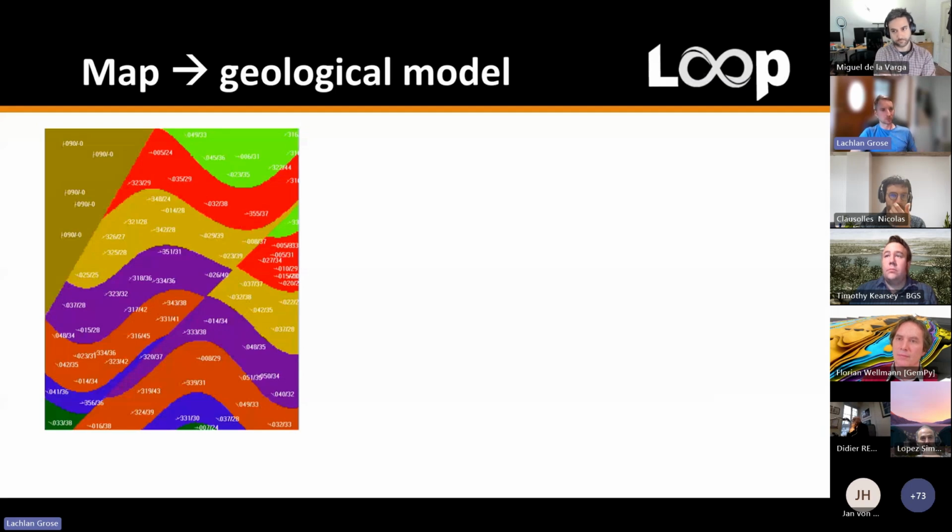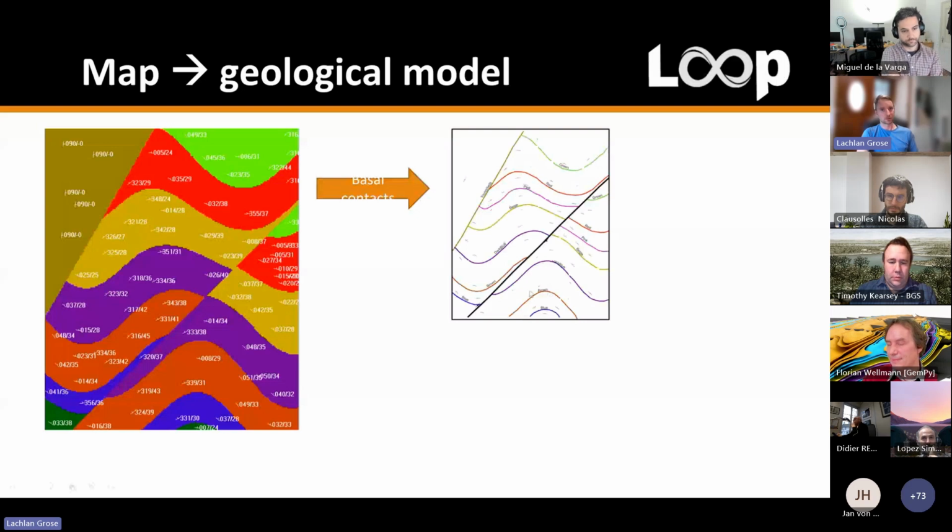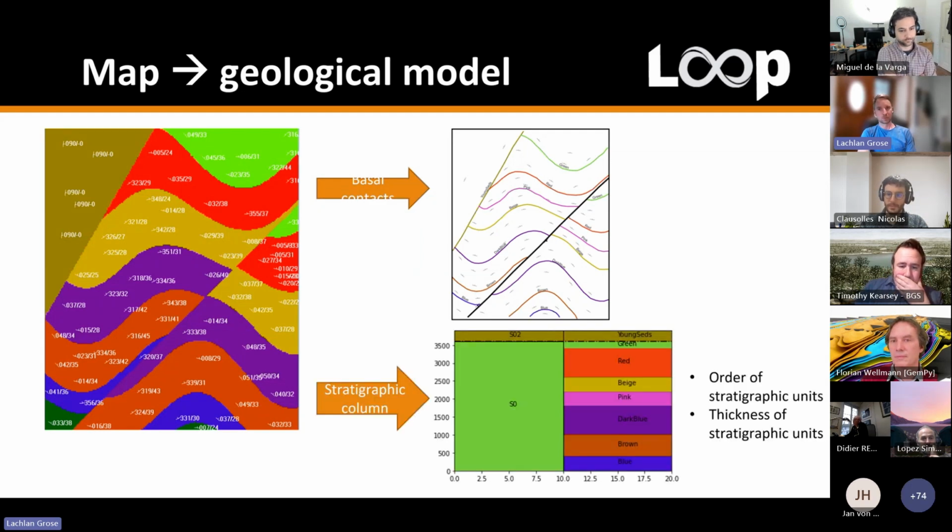For Loop, one of the other key aspects we have is this workflow of going from a map to a geological model that we call Map to Loop. So we basically deconstruct our map into the important components that are required for the model. So we extract out the basal contacts and the fault traces. So in this case, we have these younger sedimentary units that are overlaying the folded stratigraphy, and then the folded stratigraphy is faulted. So we can extract out that information, build a stratigraphic column, and apply our understanding of the thicknesses, and to calculate those